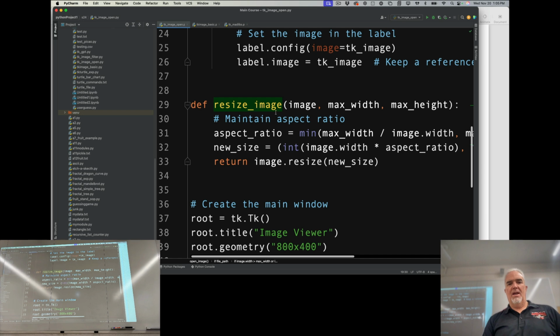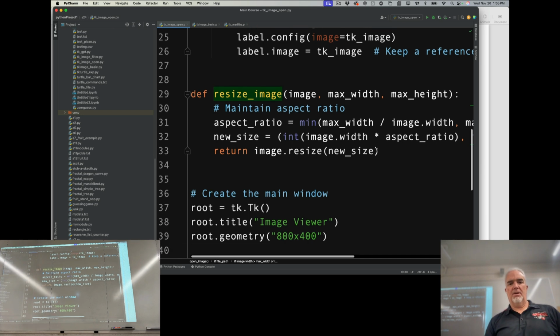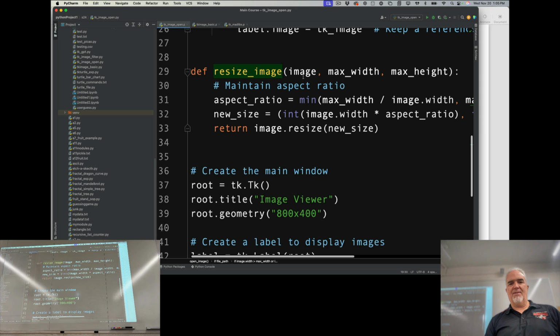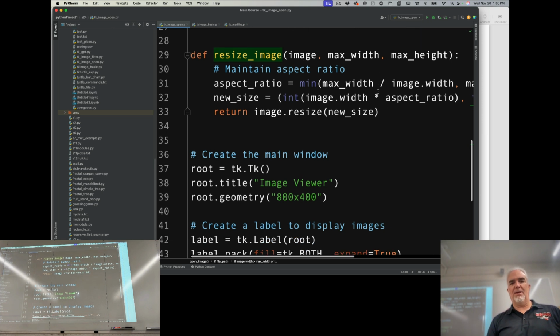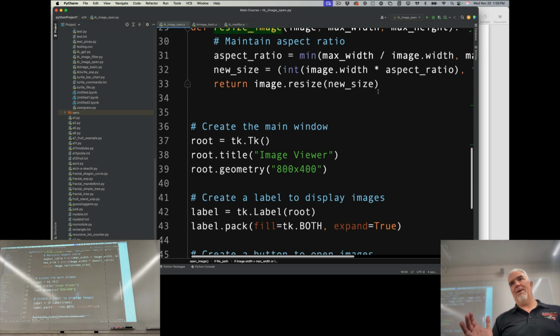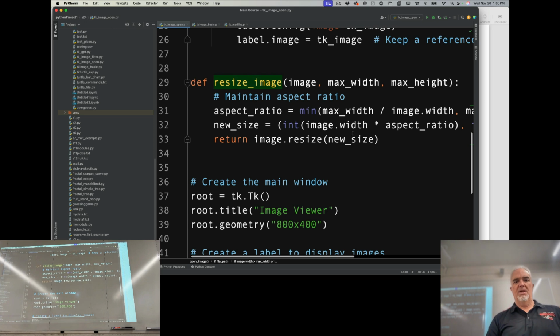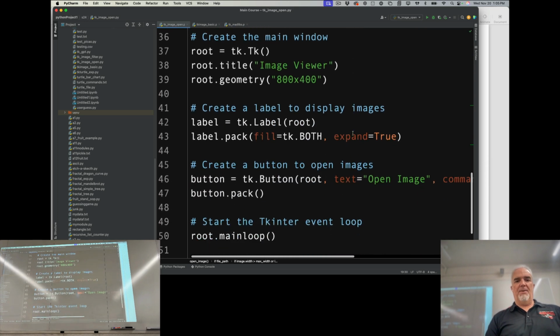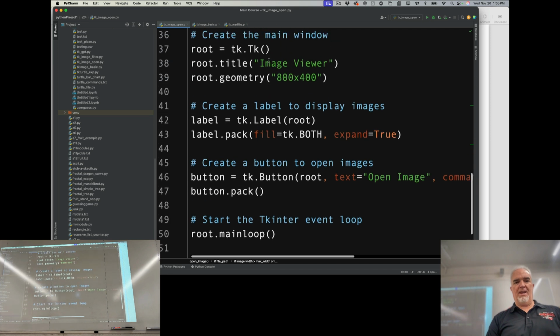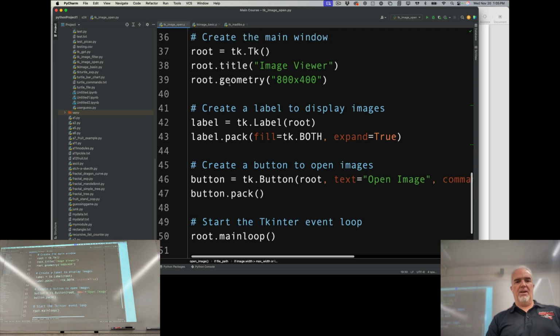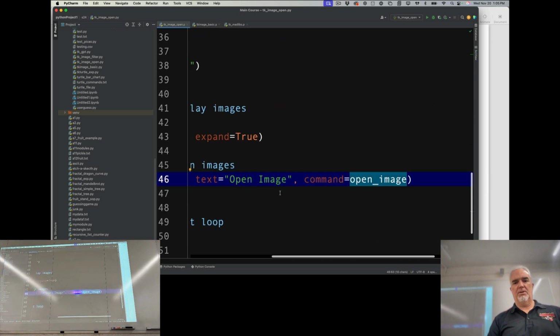I've got another function that will resize the image. I give it the image, a max width and a max height, and then it resizes the image so that it fits inside that max height. So basically, I'm using that to make sure that the image is resized so it fits in that label inside the interface properly. And the rest of this is pretty much just creating the interface. So I've got the window, I've got one label, I've got one button, and that button triggers the open image